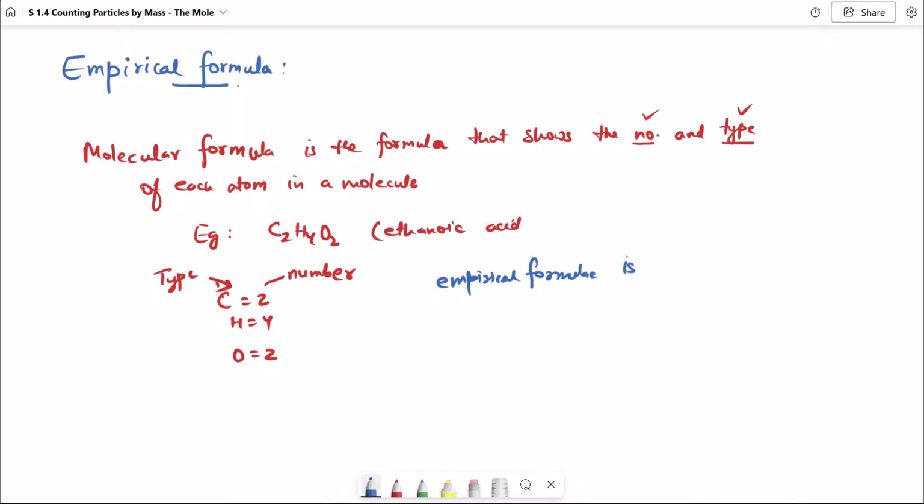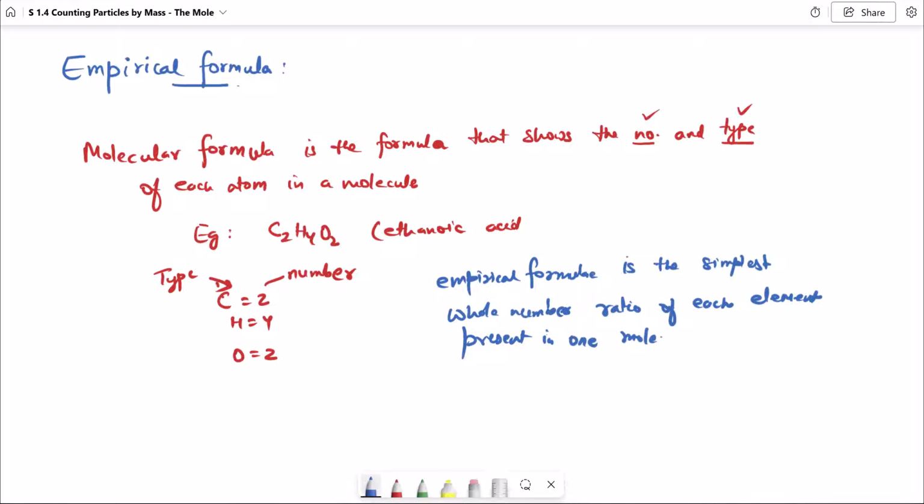Empirical formula is the simplest whole number ratio of each element present in one molecule or formula unit of compound,